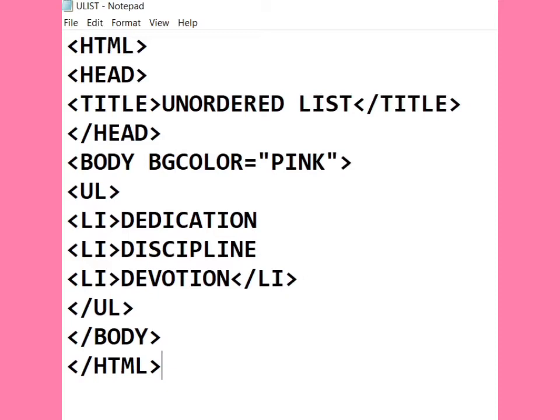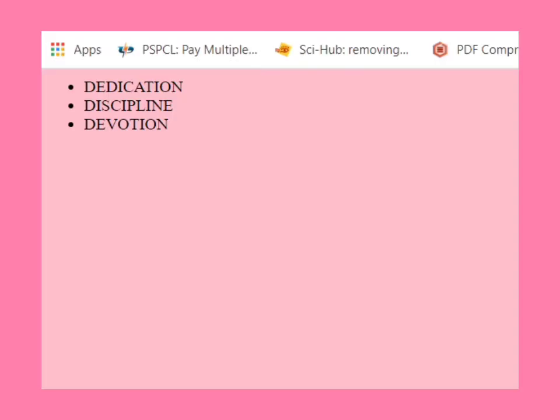Now you can see that when we saved the HTML tag and opened in Google Chrome, the final output appears with the background pink and a list is created with bulleted signs as dedication, discipline and devotion.